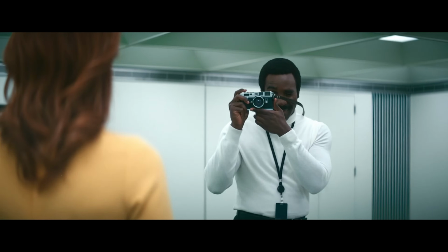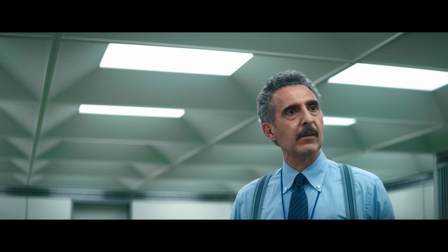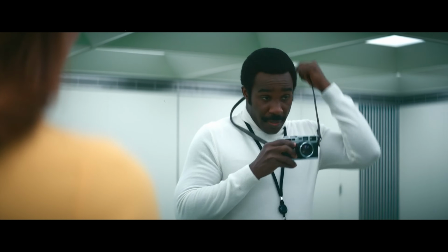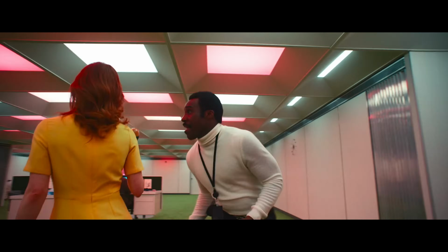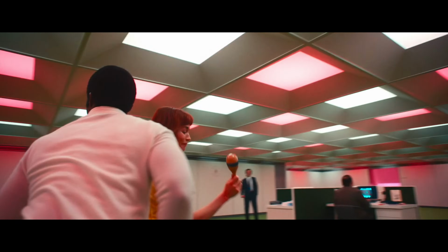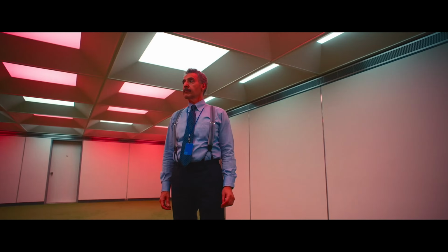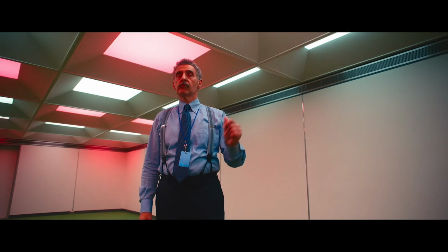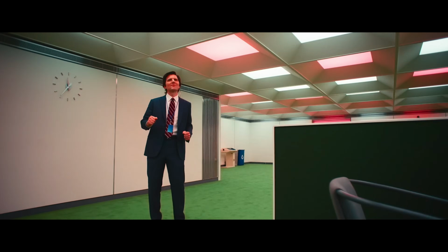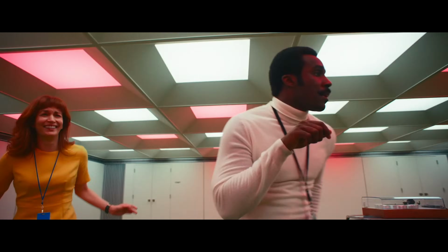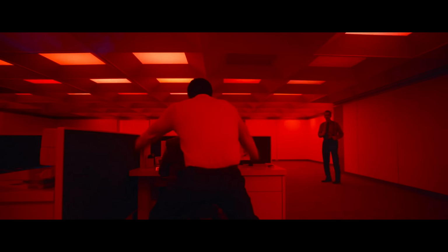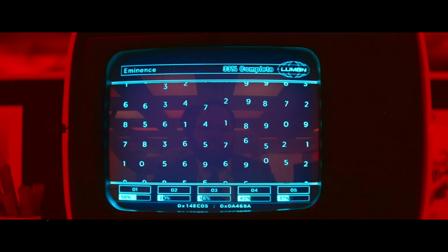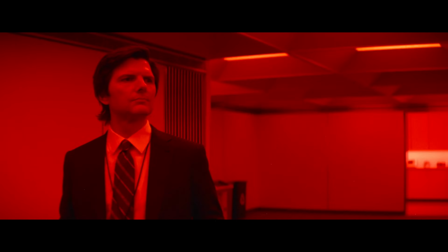When the series has moments that break this monotony and repetition of spaces and tones, for instance, a character finding out a secret room or a certain detail about themselves which break the idea of repeated motion and emotion, these moments have a greater impact, making the narrative much more enjoyable to watch because you as a viewer are also living this expectation, much like the characters, about what you can find next and the consequences of such find.